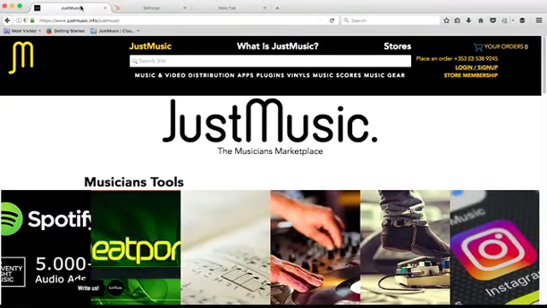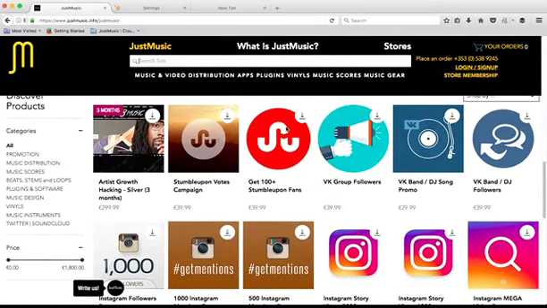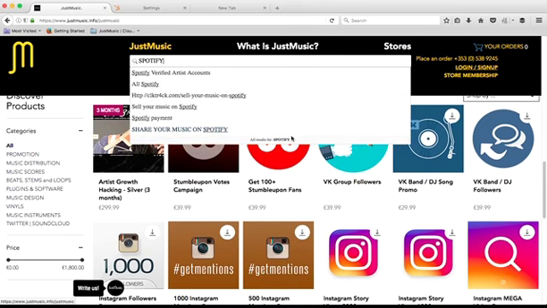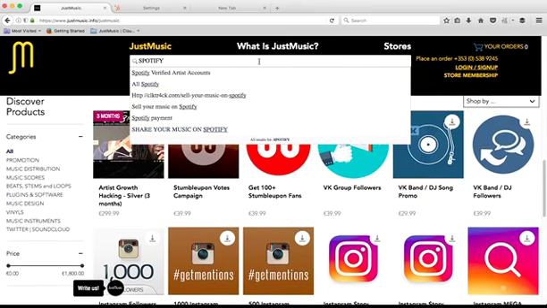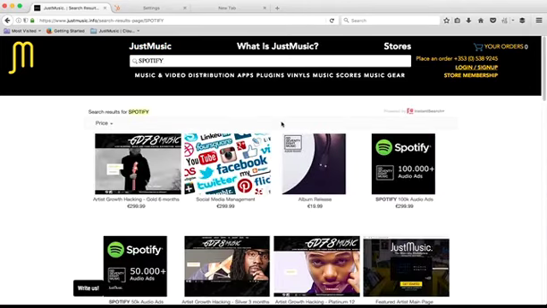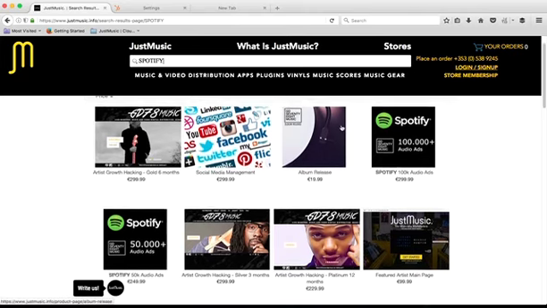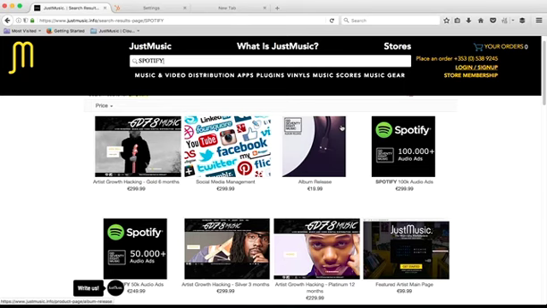So, how does it work? So I go here, okay, and I can either go in the search field and type, for example, Spotify, and I got a bunch of options here. But if I just click on Spotify and I click Enter, the system is gonna look for me for anything related to Spotify and the platform, or any product that allows Spotify or contains Spotify as a feature, which you're gonna have like the album release, because it allows artists to release their records in more than 300 stores, including Spotify,